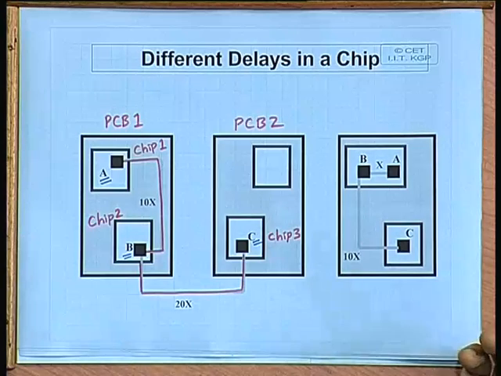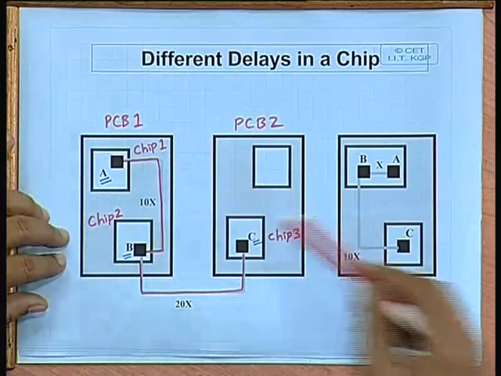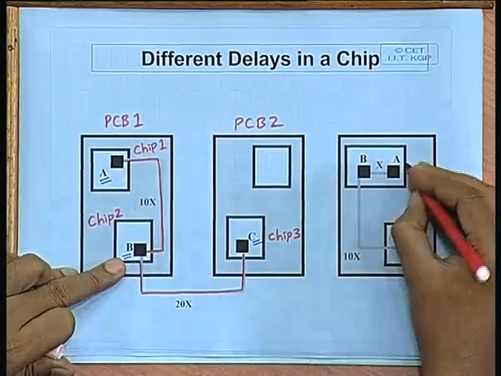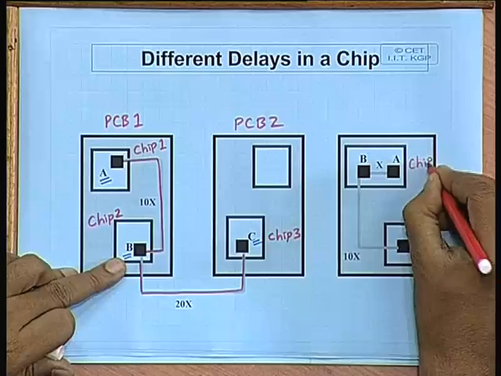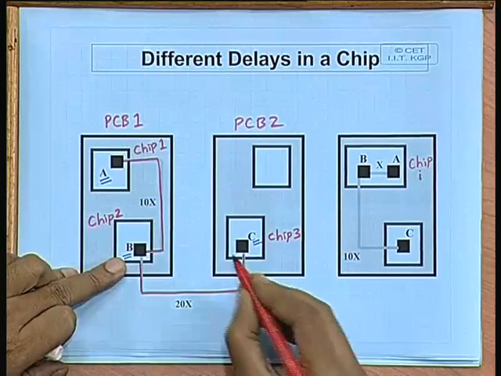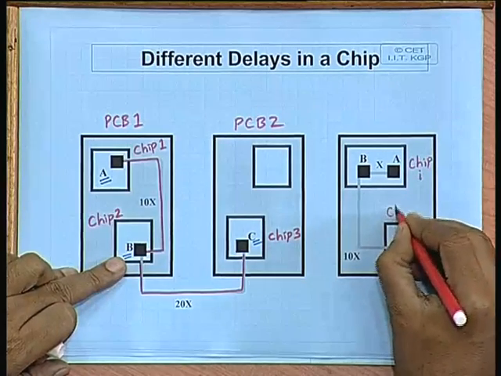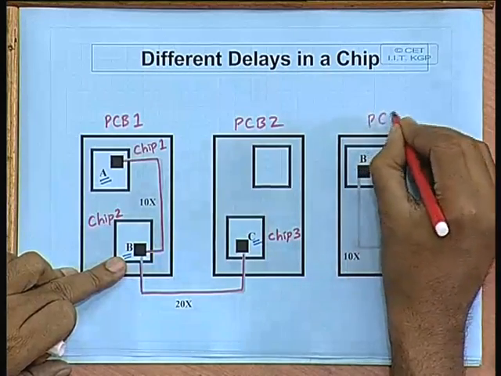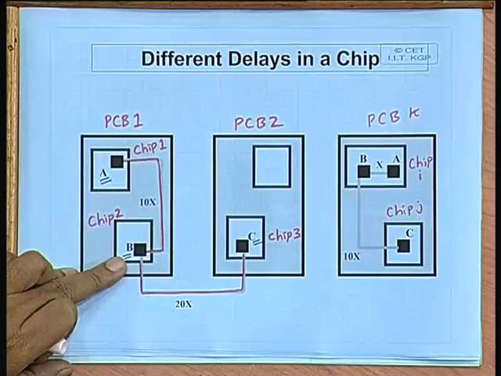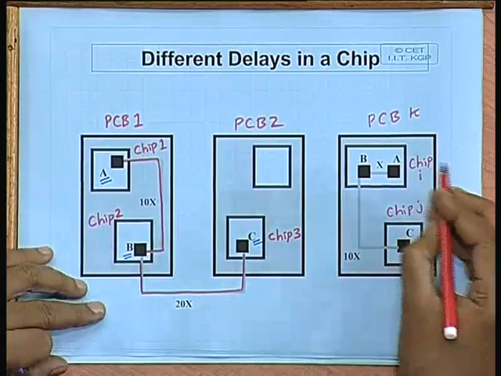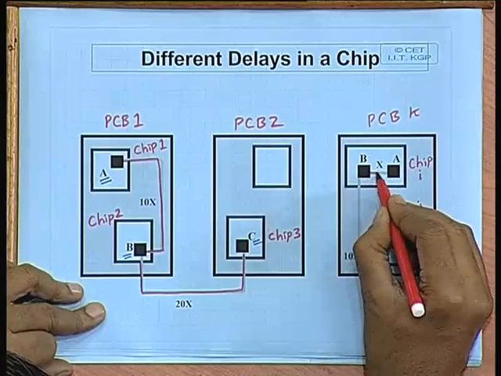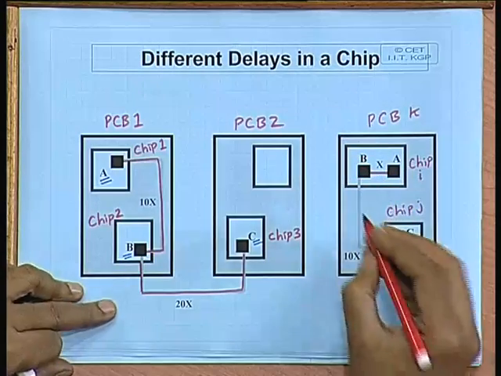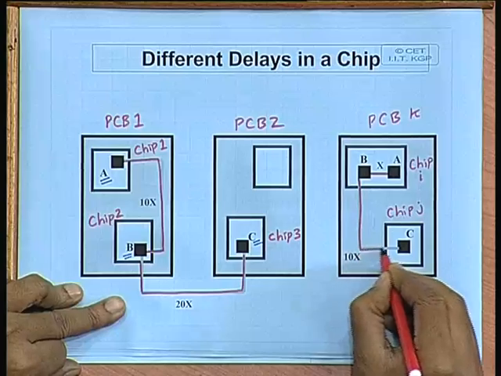But suppose as an alternate solution, another way we had partitioned is that both these subcircuits A and B got mapped within the same chip, say chip I, and C got mapped into another chip, chip J, but both were put within the same PCB, PCB K. Then as far as our calculation goes, the interconnection between A and B will have a cost of x only, because they will be lying inside the same chip,